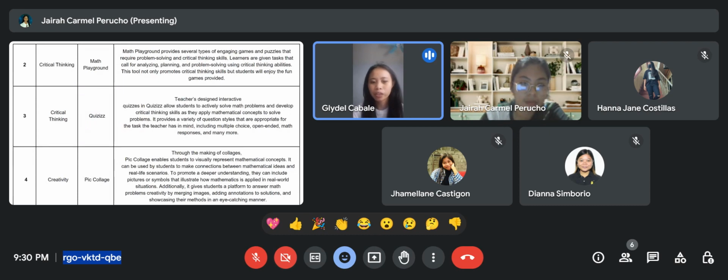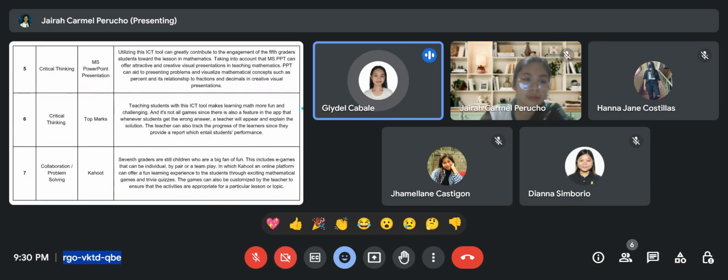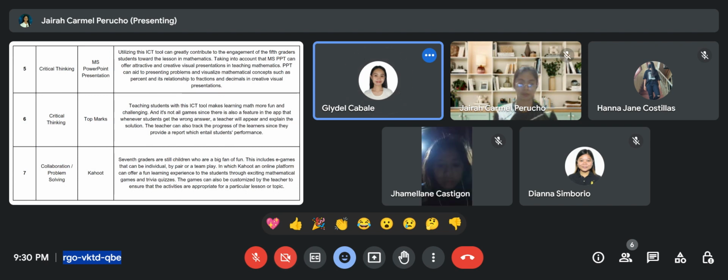And so, moving on to grade 5, we have critical thinking. And the ICT tool we have chosen is the MS PowerPoint presentation, in which utilizing this ICT tool can greatly contribute to the engagement of the fifth graders toward the lesson in mathematics. Taking into account that MS PPT can offer attractive and creative visual presentation in teaching mathematics. PPT can aid in presenting problems and visualizing mathematical concepts such as percent and its relationship to fractions and decimals